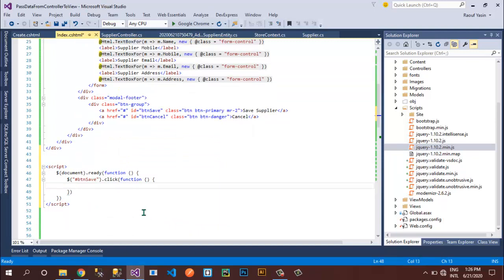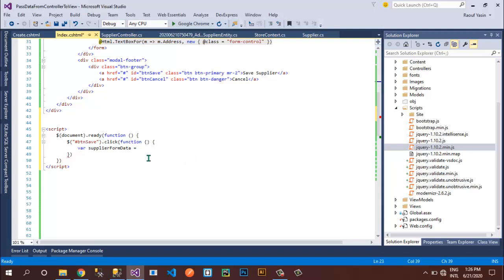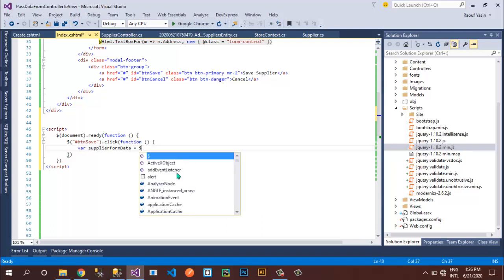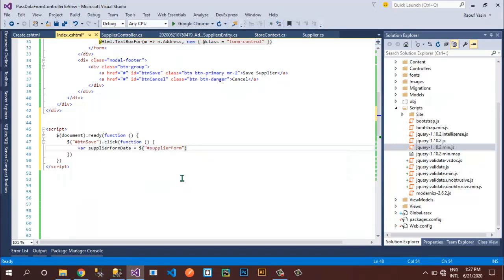Inside this callback function I will create a variable, supplierFormData, equal to the form data from this supplier form. I'll again write $ and pass the selector, and I can call serialize. It will serialize all of my form data and store it inside supplierFormData.